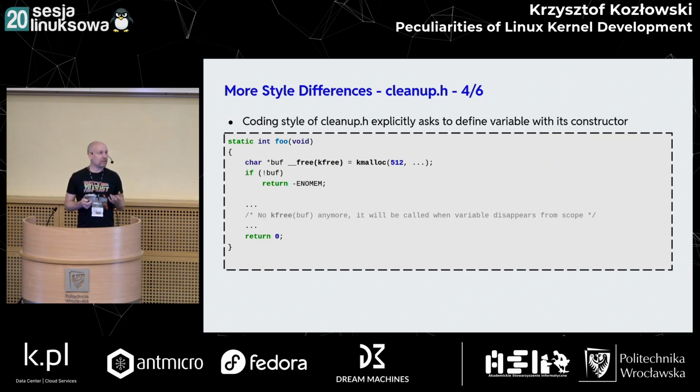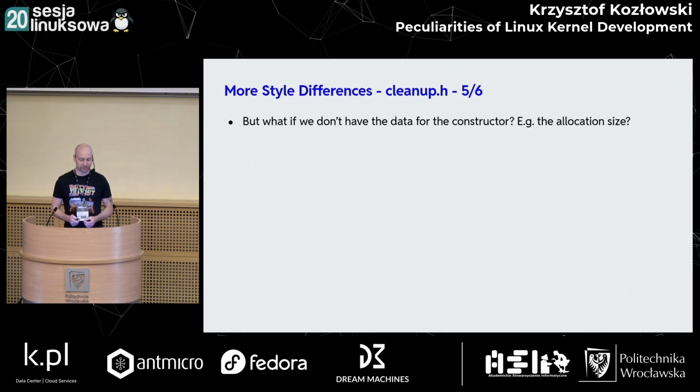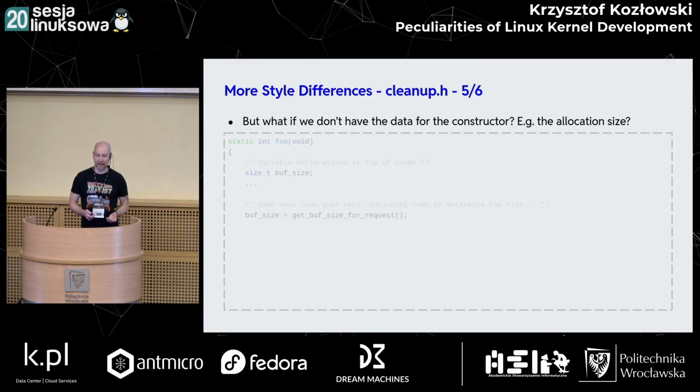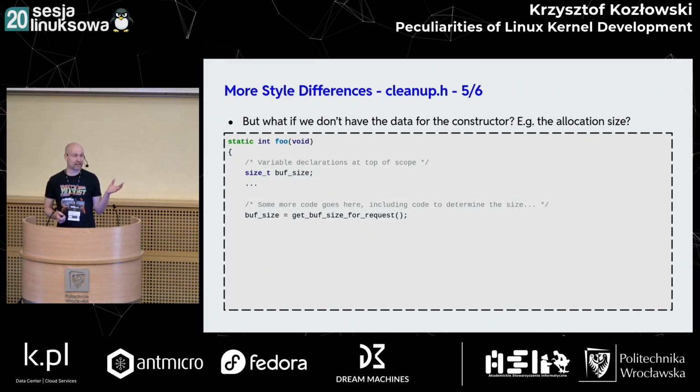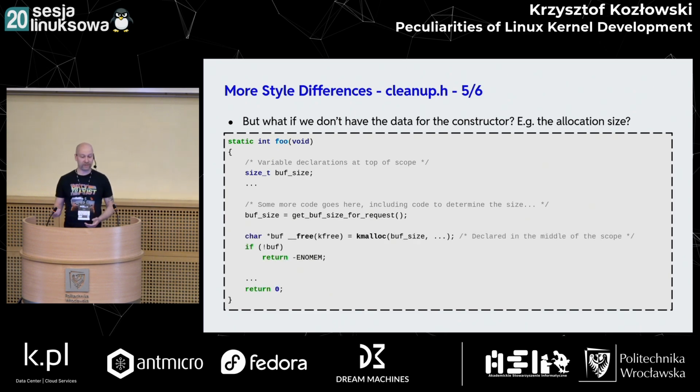But what if we don't know the size, and you cannot construct at this moment, right? So the allocation size is coming, for example, from another resource. You could imagine code like this, right? There is a function, there's a buff size, and you get this buff size from whatever resource, and only then you know how much you want to allocate. So the code with the cleanup would look like this. And this is the problem, because the declaration of the variable buff appears in the middle of the code. And this is like a huge offense for the Linux kernel developers, because it's obviously something pretty ugly to look at.